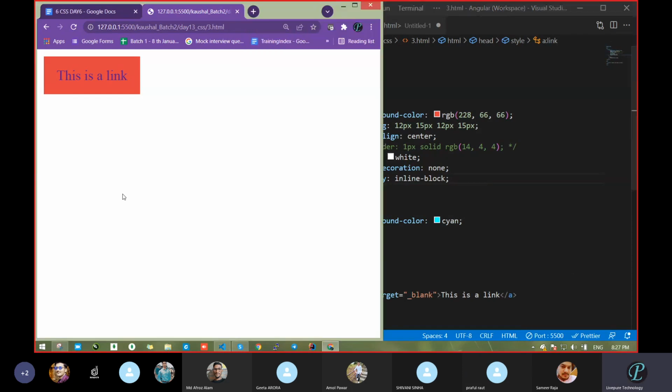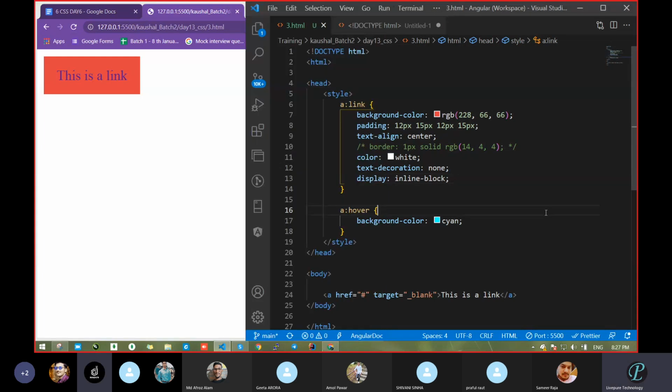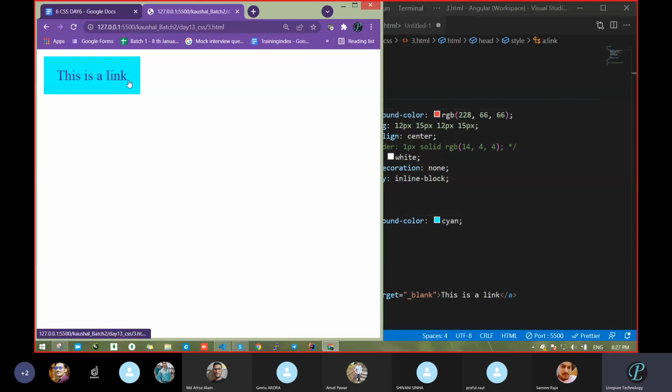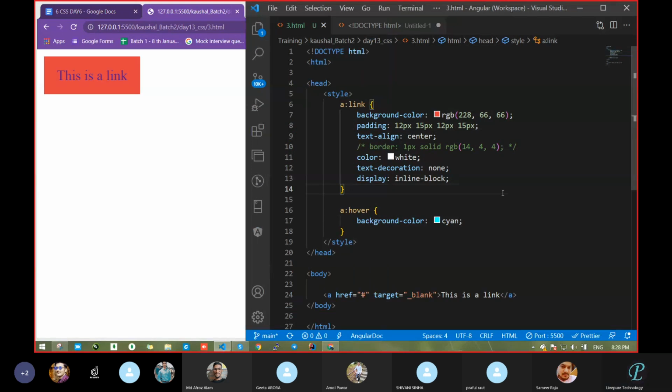So see what happened when we passed the link tag. The text color got changed because the link got visited. But I do not want that change by default.